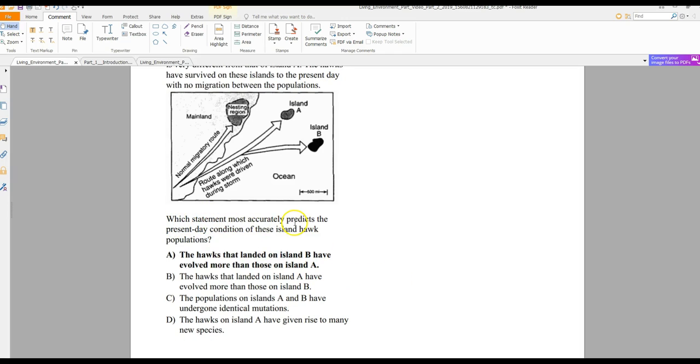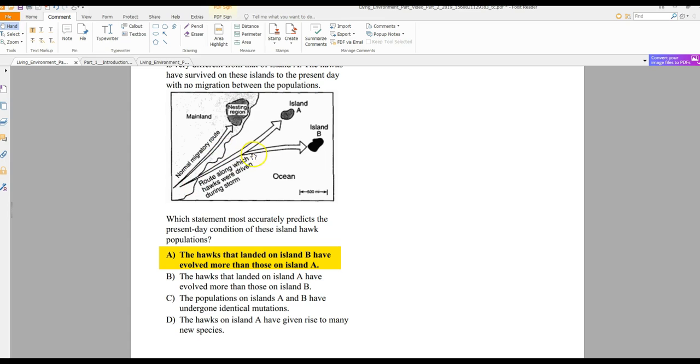Which statement most accurately predicts the present day condition of these island hawks population? The hawks that landed on island B have evolved more than those in island A. That is the perfect answer. Because this is their original nesting ground. This island is much closer to the nesting ground, and this island is very far away from the nesting ground,